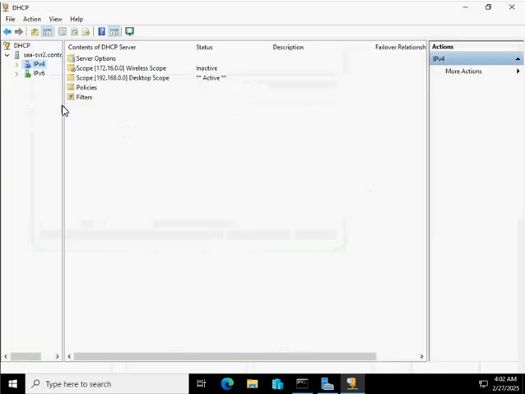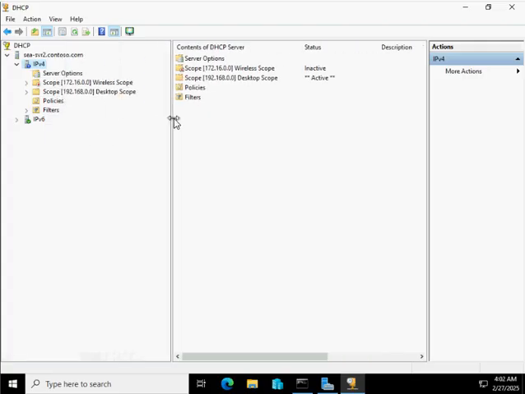I hope this video will help you to do a smooth transition. For a better way, you also need to switch over the IP address from the old DHCP server to the new DHCP server, and it is very easy to switch over the IP address. First go to the old DHCP server, assign a fresh IP address, then the old IP address will be released, and then assign that IP address to the new DHCP server.